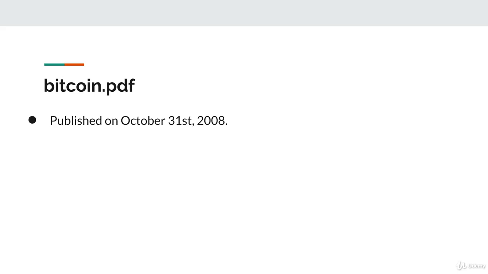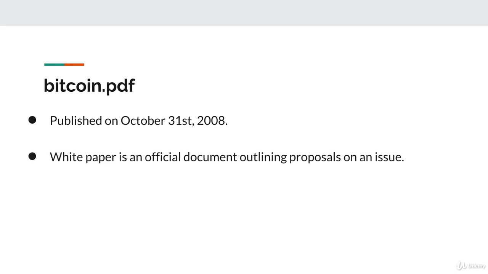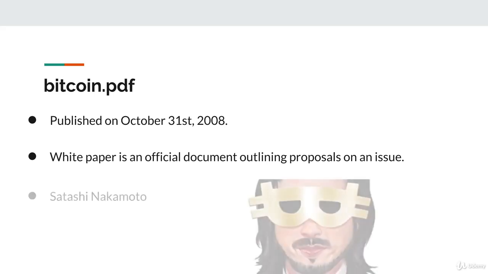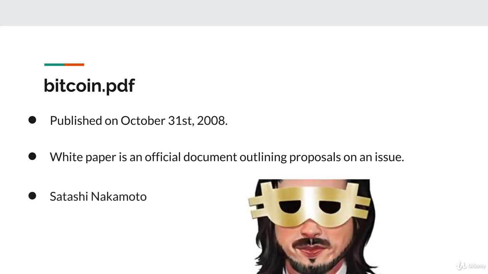A white paper is an official report or document released by governments, as well as organizations or other companies that want to outline information and proposals on a certain issue. Back in 2008, the mysterious Satoshi Nakamoto published the Bitcoin white paper. He's mysterious because, to this day, we still don't know his or her identity, or even if Nakamoto is one individual or a group of individuals. Although there are some theories that float around the internet from time to time, which you can look up yourself. That's pretty impressive, considering he or she or they is worth billions of dollars at this point due to